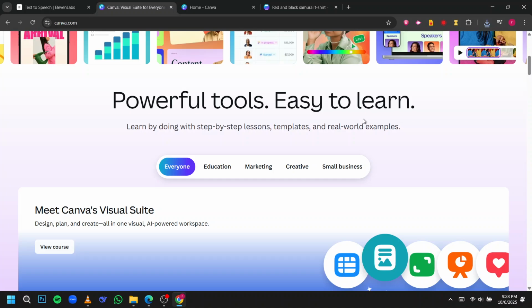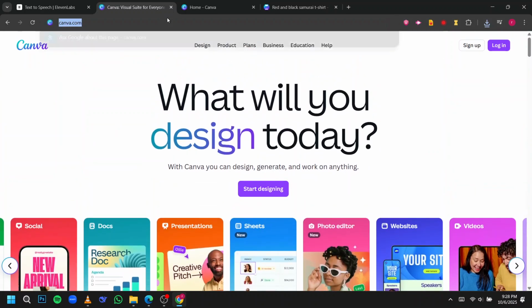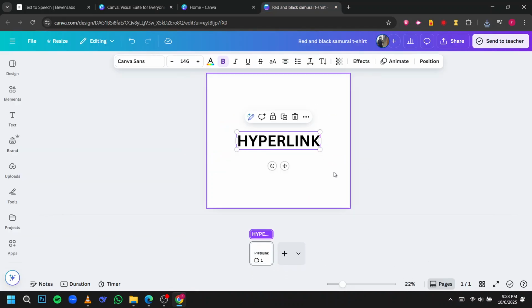To begin, open your design within Canva. Once your design is open, locate the text or element to which you'd like to add a hyperlink. This could be a title, a button, or any piece of text that you want to act as a clickable link. Click on this text to select it, and you'll notice a toolbar with various options appears at the top